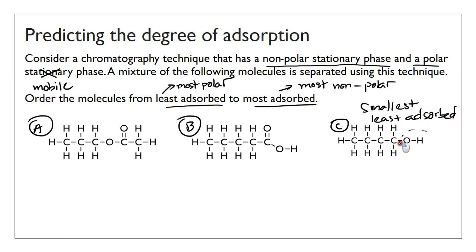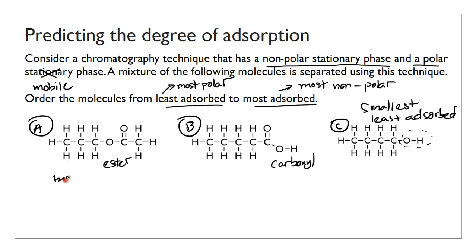Also, it is polar as well. It has a hydroxyl group here. And then you're going to have either A or B. Now, B is a carboxylic acid, so it is more polar than A, which is an ester. So it has a carboxyl group here. And the carboxyl group can form hydrogen bonds, so it is the more polar group, whereas the ester can only form dipole-dipole interaction. So the ester is going to be the most nonpolar out of the three examples, and it's going to be